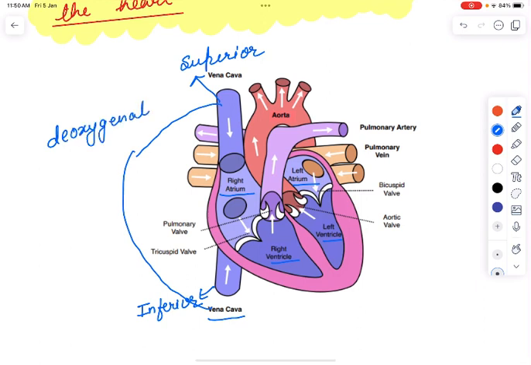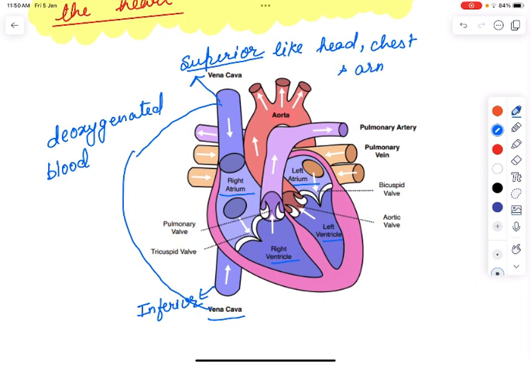Deoxygenated blood. What is deoxygenated blood? Means which carries carbon dioxide. It brings blood from the anterior or upper region of the body. Like this, superior vena cava क्या करेगा? Upper portion जो है body का, like head, chest and arms, ये deoxygenated blood को superior vena cava से लेकर आएगा, where it will bring to the right